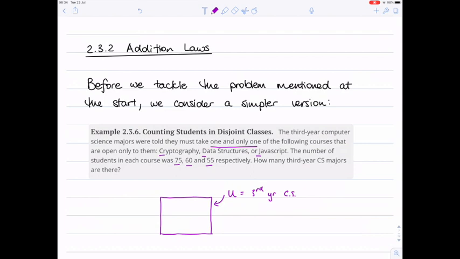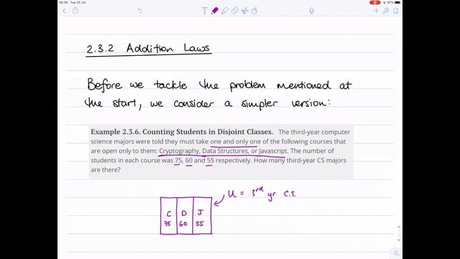And we have some information. We know that every single student is taking one of these three courses, and only one. So our universe is partitioned into 3 bits: those taking cryptography, those taking data structure, and those taking JavaScript. And in fact, we know how many students are in each bit of these. There are 75 students in cryptography, 60 in data structures, and 55 in